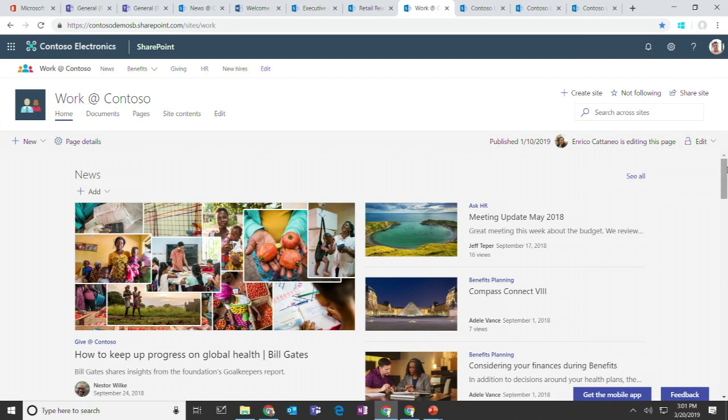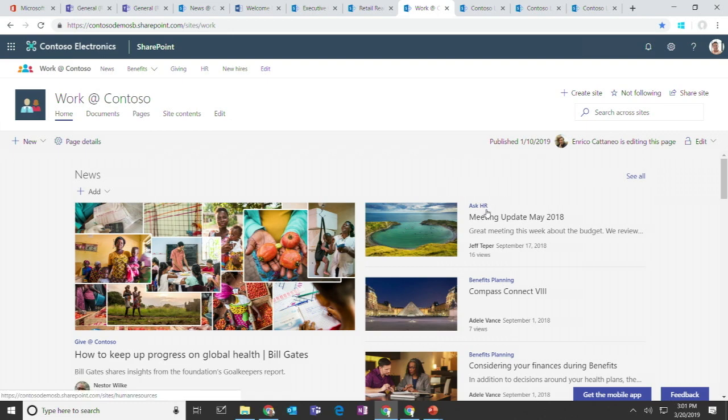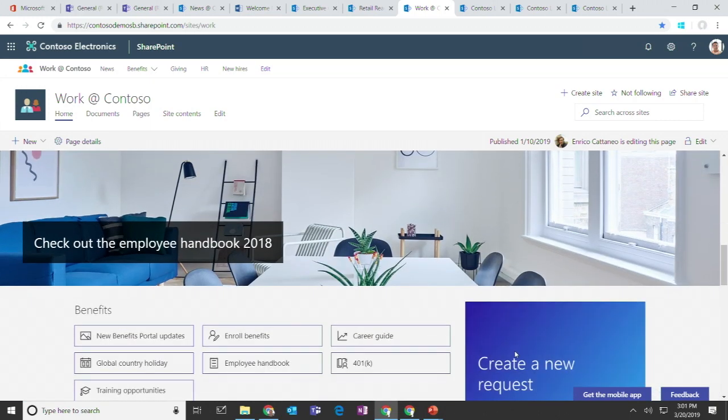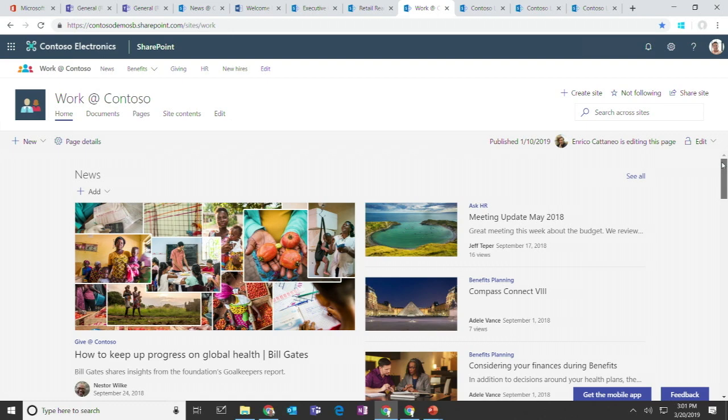And I also see news and information that's coming from across sites. So this is coming from the Ask HR site, from the benefits planning site. This is coming from that giving campaign site. Same thing with events. Events can be coming from any site in the hub. And this particular site, again, is designed for HR, so let's take a quick look at the content we've got